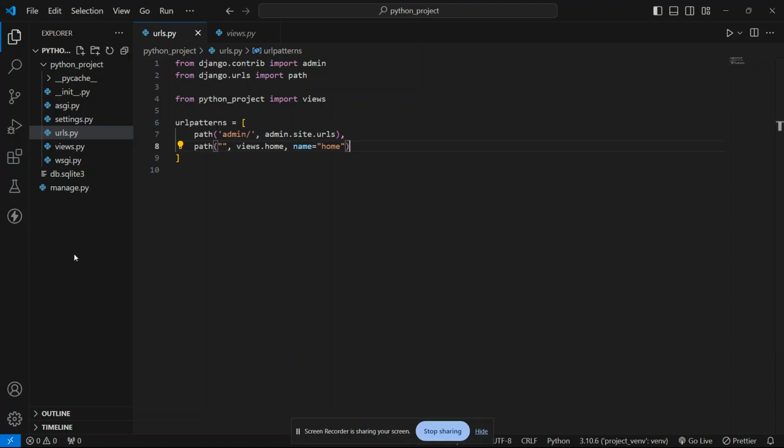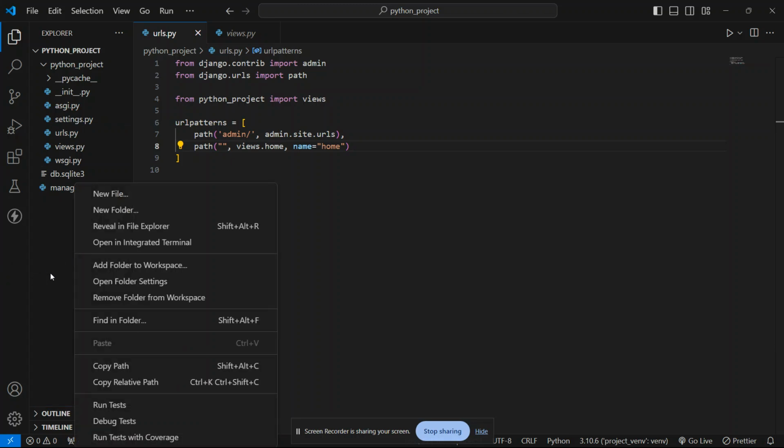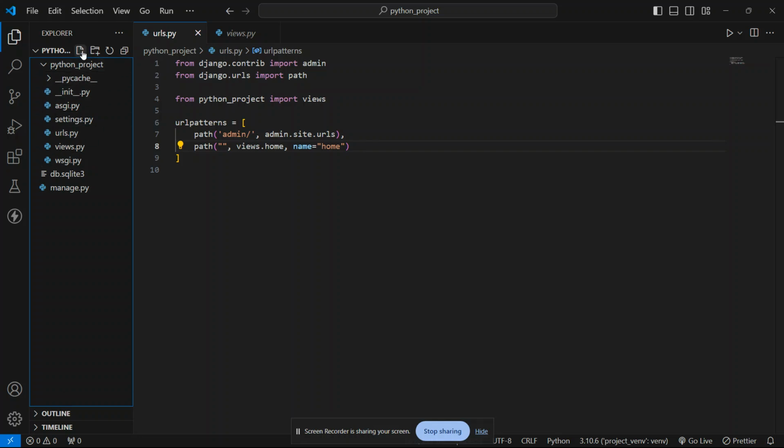I said before that today we are doing Bootstrap. We are connecting Bootstrap inside our Python Django. So we have to create one folder, not inside this python project but outside of this python project.